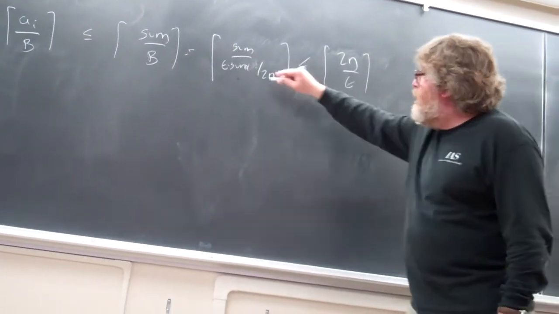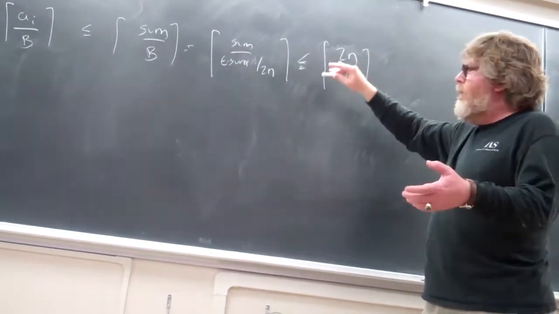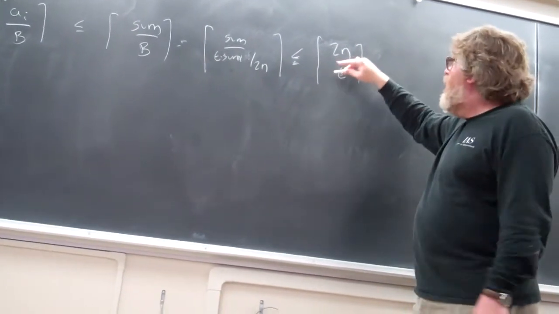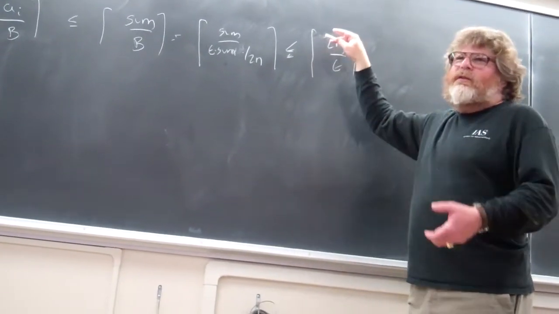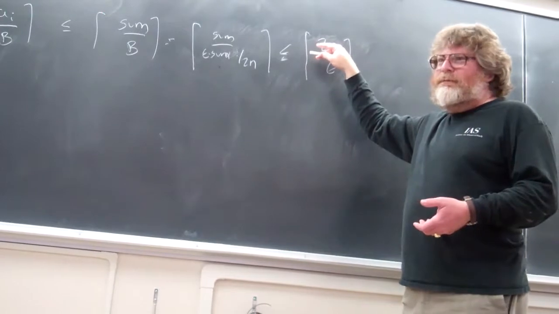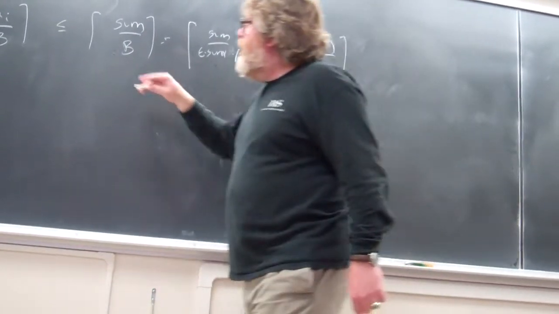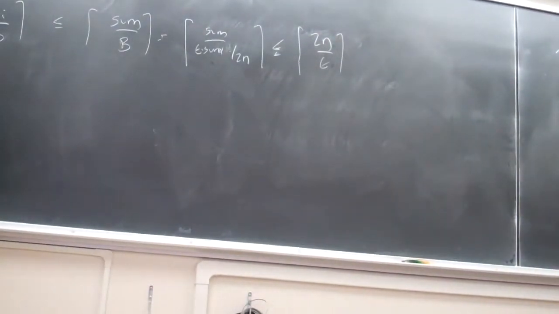Okay. And then see the sum cancels because we made B proportional to the sum. And so it's just 2n over epsilon. So for every fixed epsilon, this is just a linear factor. Okay. So if we plug that into